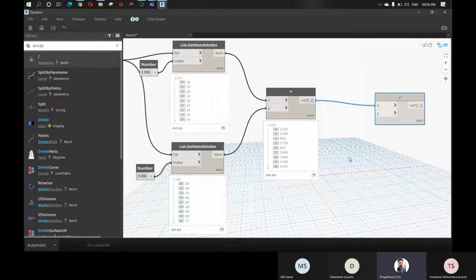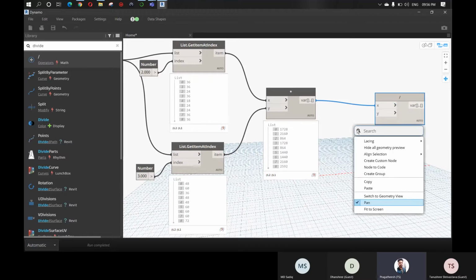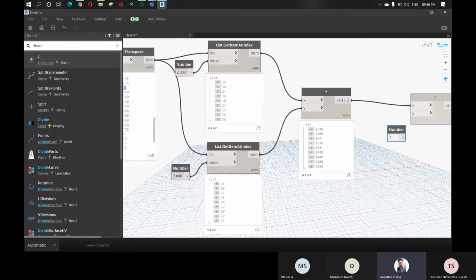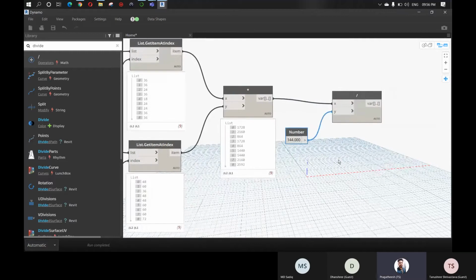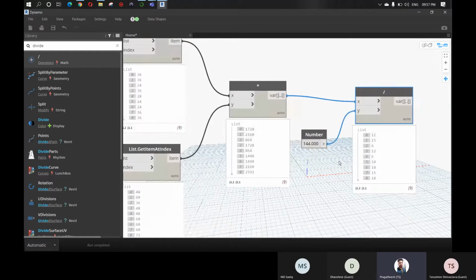So this is for x, and in the y, 144. So now we got our product in square feet instead of square inches, right?